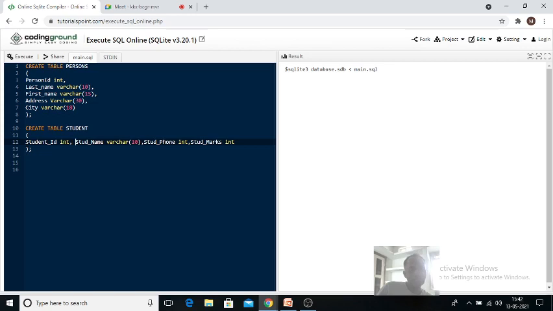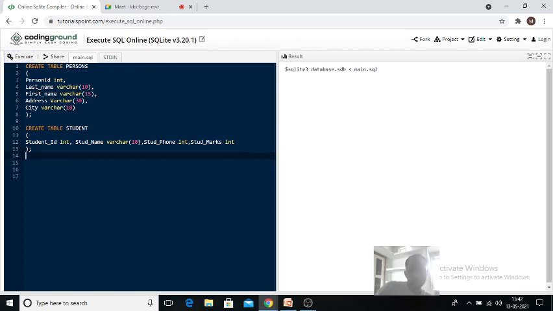Then it is separated by comma, and student name, which is varchar data type, and the size is 10, followed by a comma to separate the third, phone number, of type integer, and a comma, and student marks, which is also integer. Last we have the closing brace and semicolon. Now we'll execute this. Now it is executed and the table is created.